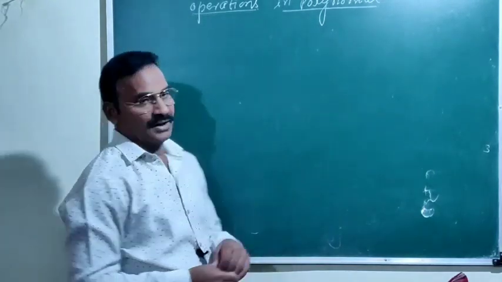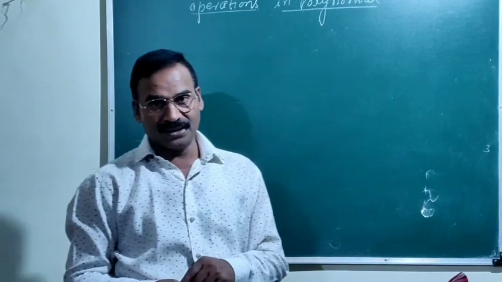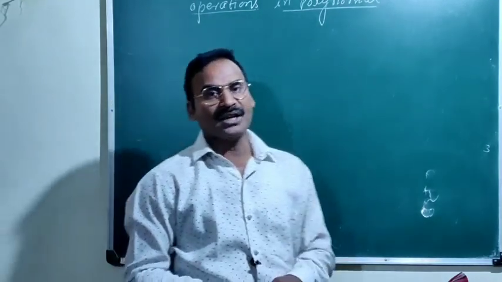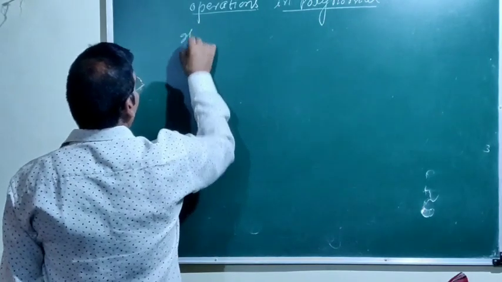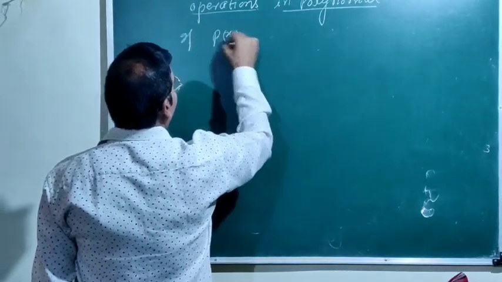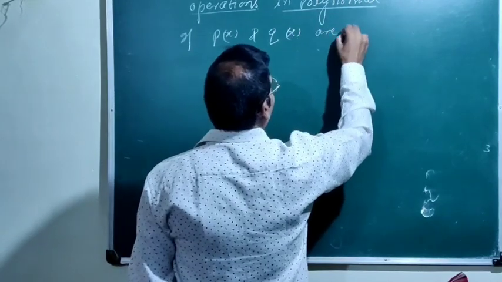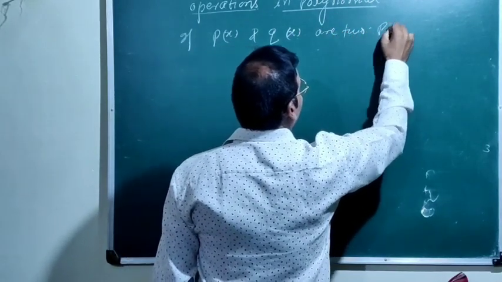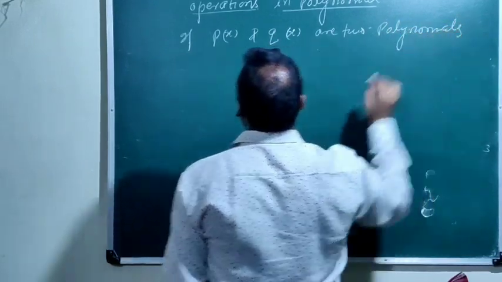So in the same way, there are 4 operations performed regarding the polynomials: addition, subtraction, multiplication and division. Okay. If p(x) and q(x) are 2 polynomials, then